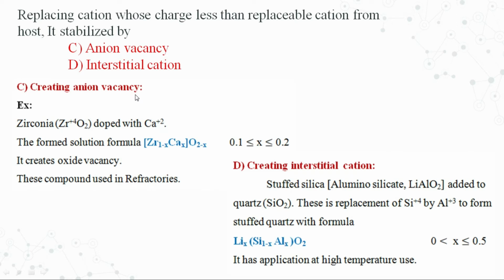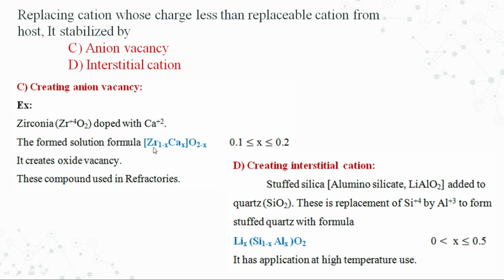It creates anionic vacancies or it creates interstitial cations. Under creating anionic vacancies, let me consider the example zirconia, that is ZrO2, where zirconium is in the plus 4 state, is doped with calcium plus 2. Since we are doping with a lower valence ion, the number of positive charges decreases. Now to neutralize, either I can remove anions, or if I replace one zirconium by one calcium, then the formula